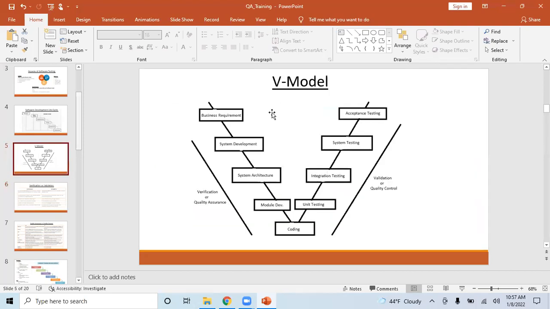When somebody verifies the business requirements, the customer tells me one thing, I write that into a document, and I send the document back to the customer and ask, we have documented this, is it correct, is it what you really want? If the customer validates the document and says, yeah, this is good, this is exactly what I want, that means the customer is doing a static analysis, verifying it and giving it back to the business analyst.